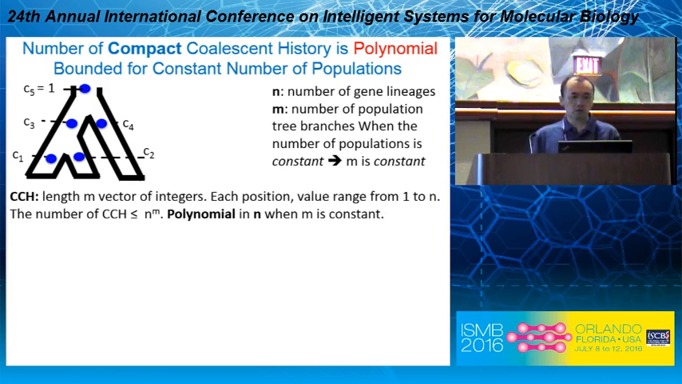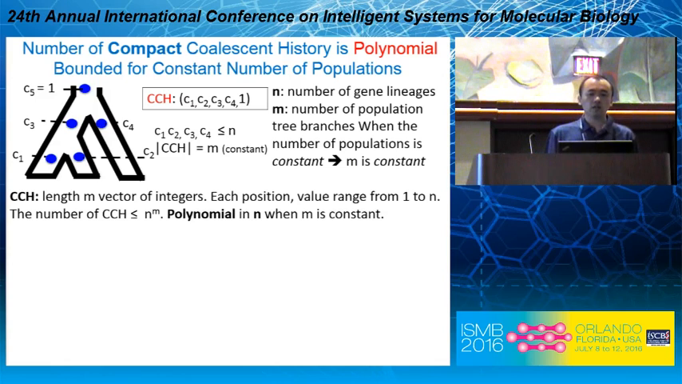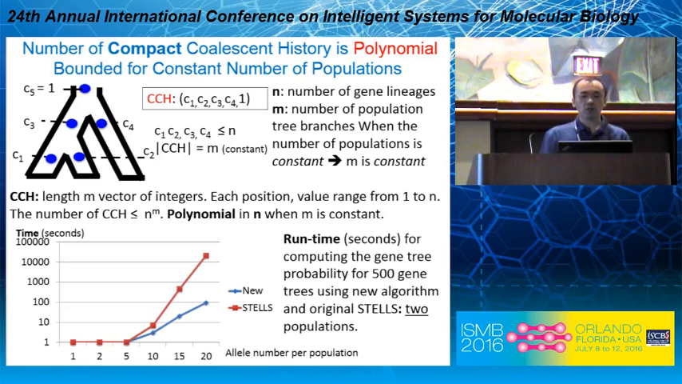And just to quickly convince you, it's really polynomial bounded if the population number is a constant. Remember that a CCH is just a list of upper lineage counts. So in this case, we have this CCH, C1, C2, C3, C4, C5, listed in the CCH. Note that each one of them is no bigger than n, where n is the number of gene lineages. So when the number of populations is a constant, the length of the CCH is constant, so it's polynomial bounded. And this figure shows that the algorithm really runs